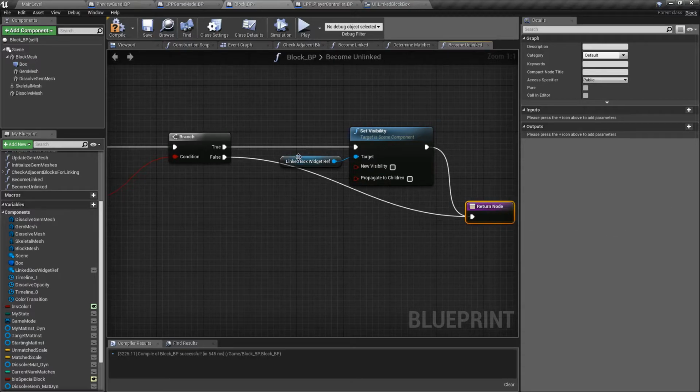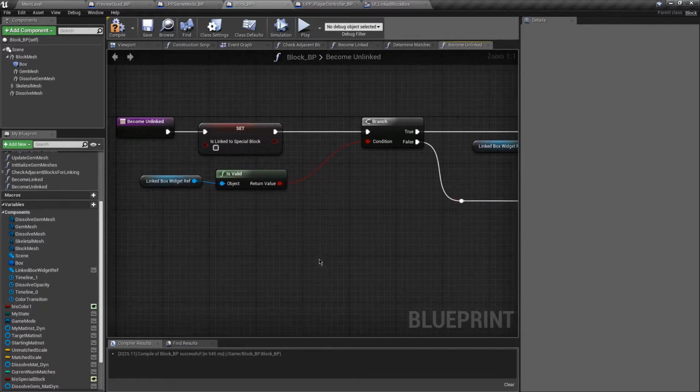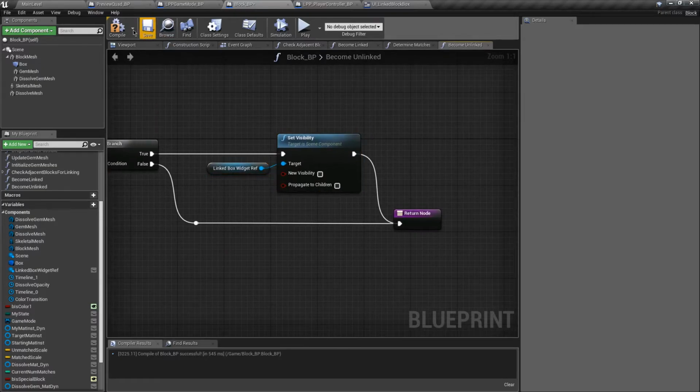But the widget is still valid and still on the actor, so the next time become linked is called, we won't create another one. We're just going to turn the first one visible again. So